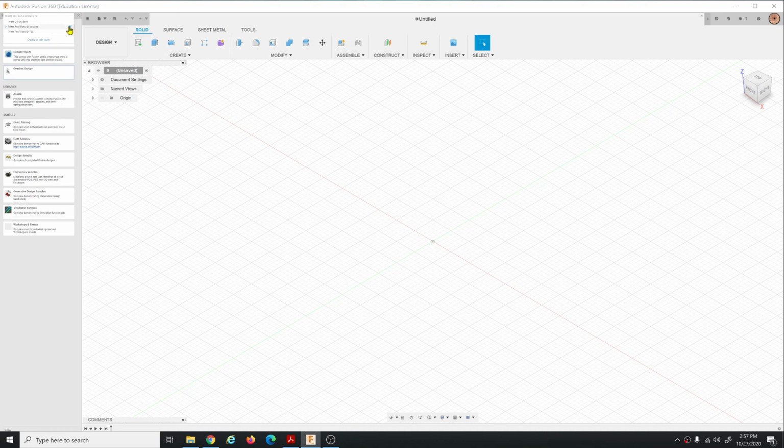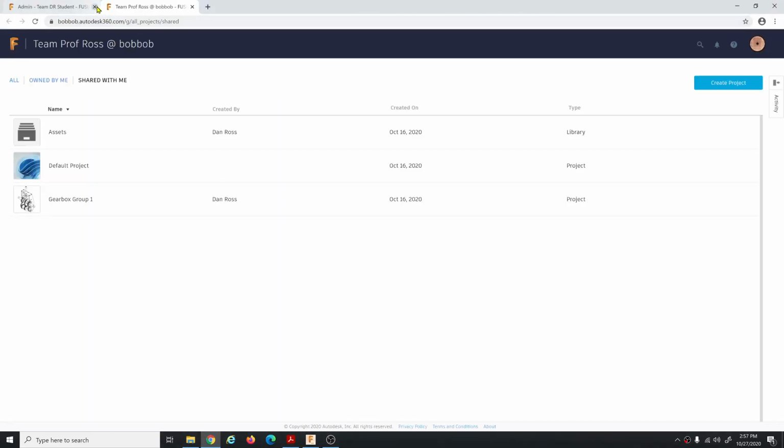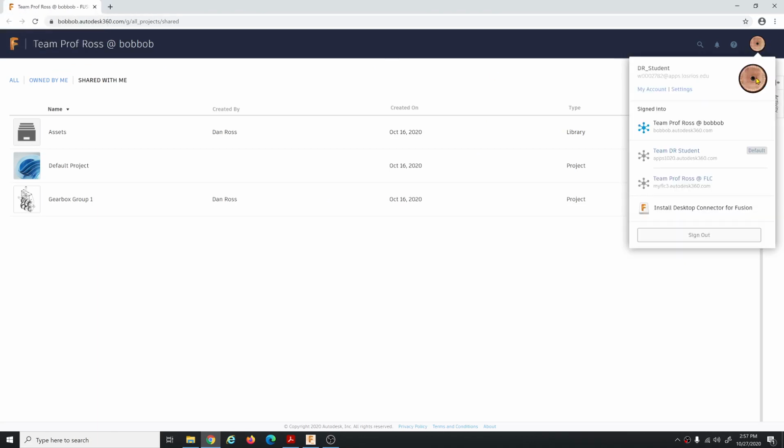Now you can still view it. You notice you only have one icon here. You can open it on the web, but you can't administer it. So we'll click this, it'll open on the web, and it opens this same interface, but for the other team that I'm in, right? You can also view the teams that you're in right here by clicking this little icon,